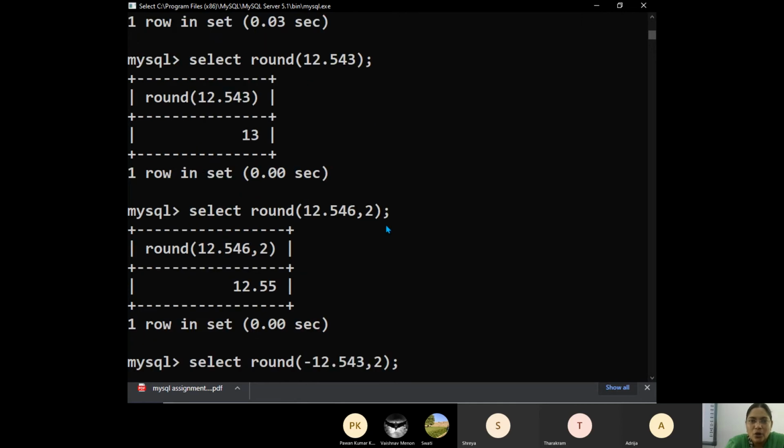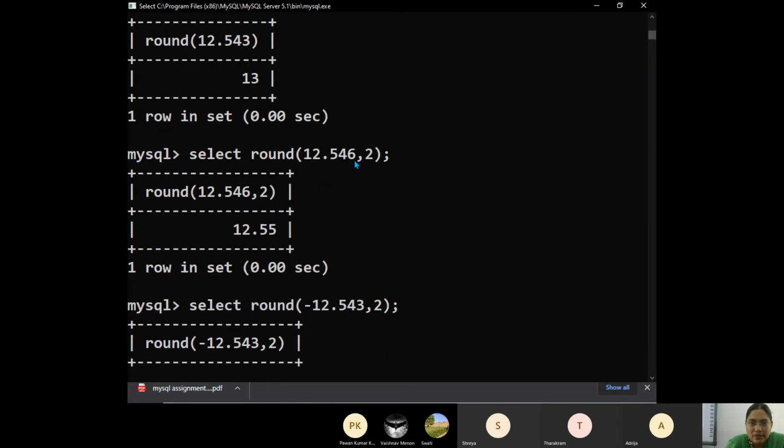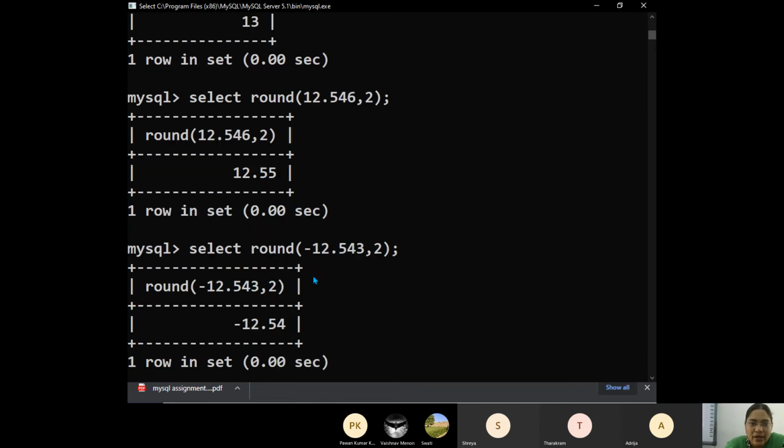Are you all following? So now 12.546 comma 2. That means after the dot, round up to 2 digits. So 4, 5, 4, 6 is there. After 4, 6 is there. 6 is greater than or equal to 5, so 1 is added to 4. So 12.55 is your answer.